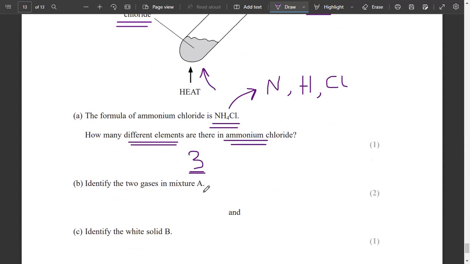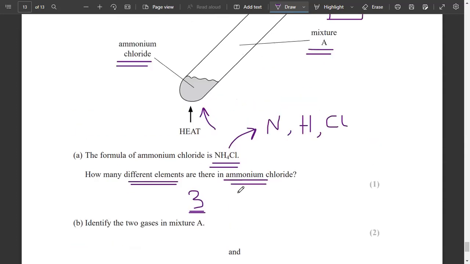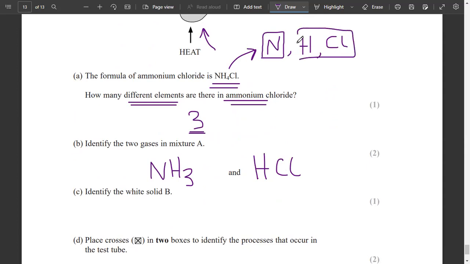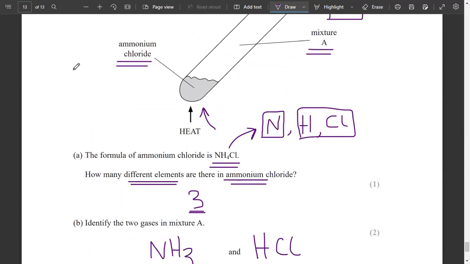Identify the two gases in mixture A. कौन सी दो gases बनेगी? Nitrogen से एक ही gas बनती है, which is ammonia. We'll be studying this in the later chapters as well. और दूसरी गैस कौन सी बन सकती है? हाइड्रोजन क्लोराइड. एक तो आपके पास बन गई NH3, दूसरी आपके पास बनेगी हाइड्रोजन क्लोराइड. Now how did I make these two gases? ये देखें, हमारे पास compound है